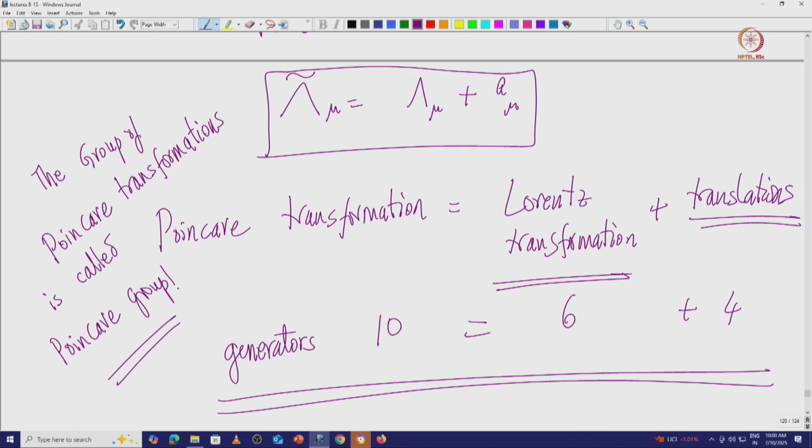This is a bigger group compared to the Lorentz group, and technically what we said was that we can construct all one-particle states, that is the language of quantum field theory, in which you can show that each particle which we observe in nature is a representation of the Poincare group. We will not go into all those details. We are only interested in how various wave functions transform under the Lorentz group.